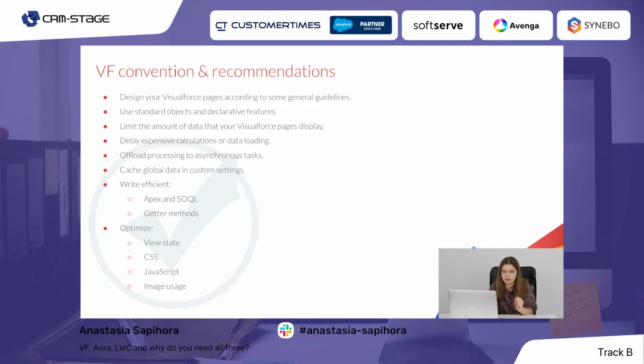Delay expensive calculations or data loading, if it's possible in your case. Offload processing to asynchronous tasks. Cache global data in custom settings. And be careful with writing Apex and SOQL queries, because they affect the amount of data which you will display on Visualforce. When you are writing your SOQL, you should always add a proper WHERE condition with detailed criteria